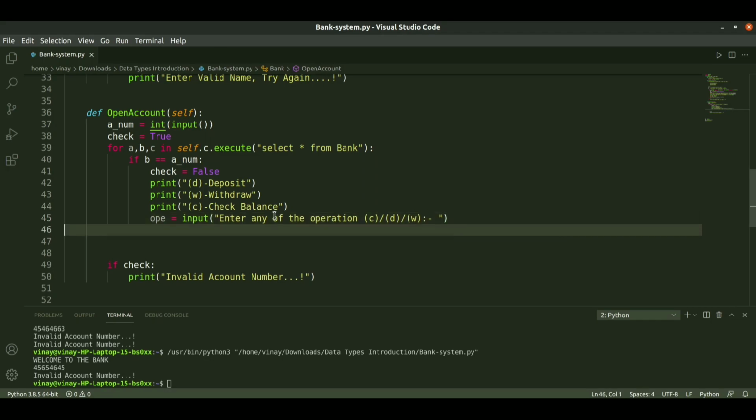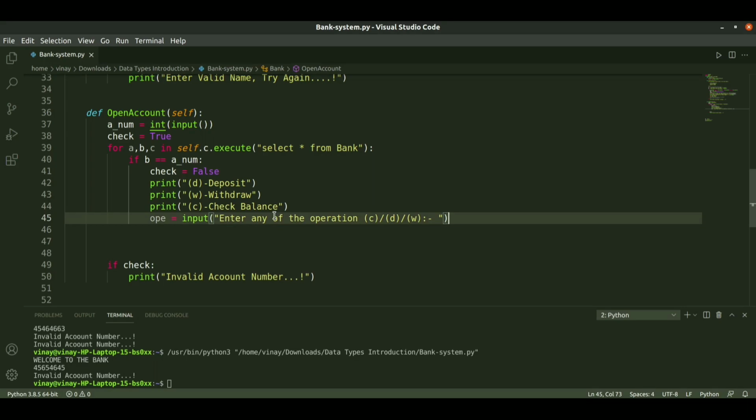So we are asking the user to select any of the operations.